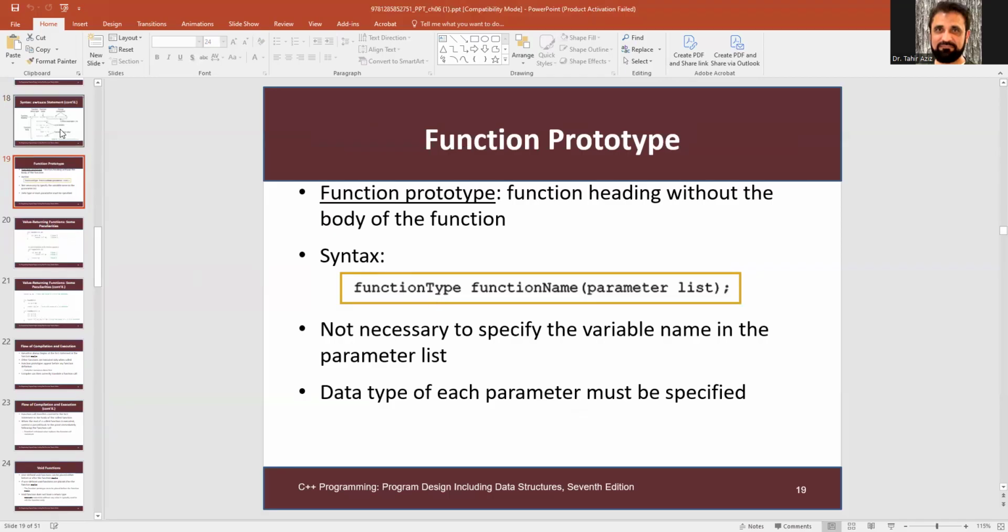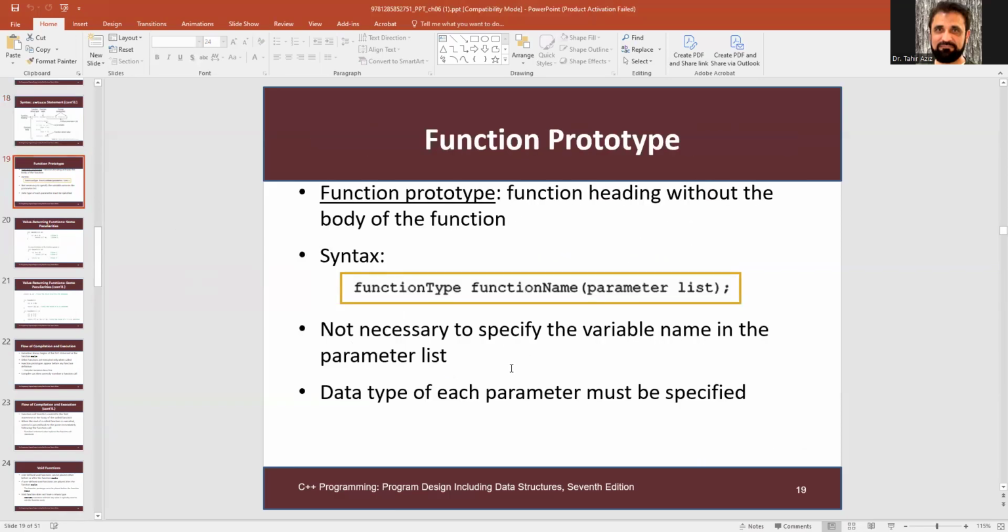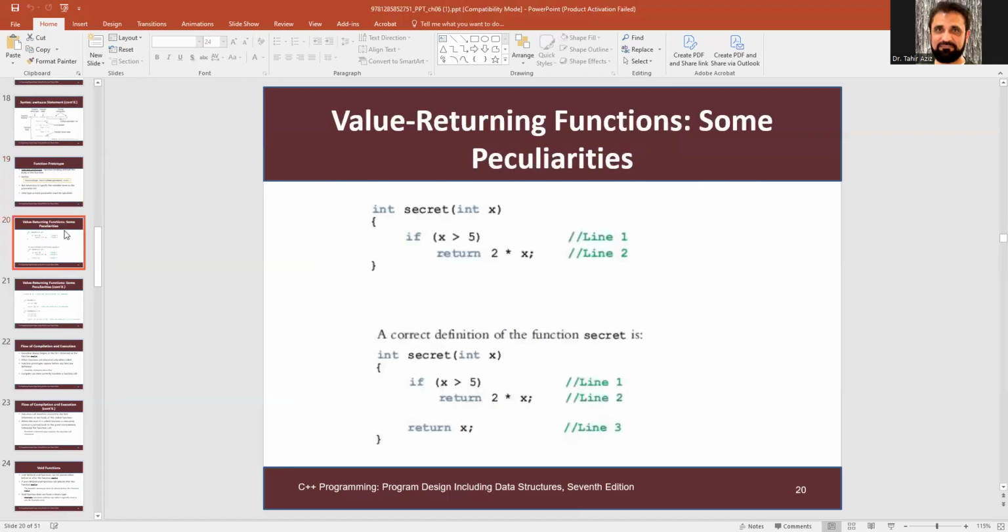The function prototype means this is the header of the function. When you run the function, the compiler needs to know this function exists in your application, in your system. By doing so, you copy the header of the function and end with a semicolon. So it's a function heading without the body of the function, basically telling or alerting the compiler, don't panic, you're going to find this function somewhere. And if you don't do that, the compiler will get confused and doesn't know what to do when the function